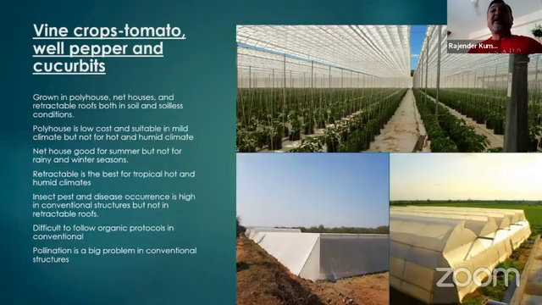The major advantage of the retractable is that pollination is not a big issue, and temperature and humidity you can manage very well. Whether it's 50 degrees centigrade outside, you can very well reduce the leaf temperature below 35 degrees. And humidity you can manage well, because you have a lot of openable space on the roof. So humidity escapes from these